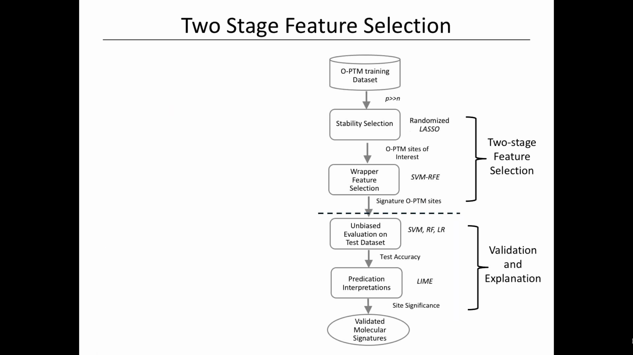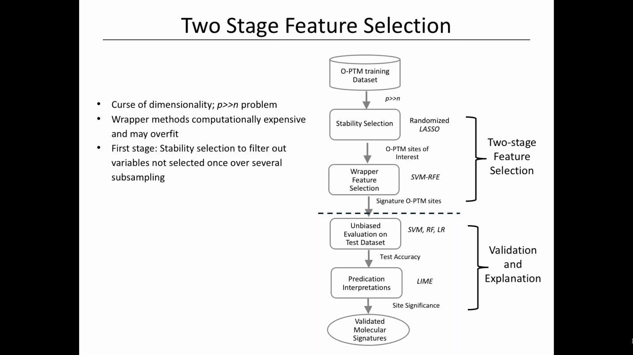So after determining the training and testing sets, we employed a 2-stage feature selection procedure due to the curse of dimensionality, or described as P greater than N problem, in which P is the number of sites and they greatly outnumber the number of samples. So another issue resulting from this problem is that the wrapper methods become computationally expensive, and they may also overfit to the data. So in order to address these issues, we employ a first step before actually performing the ML